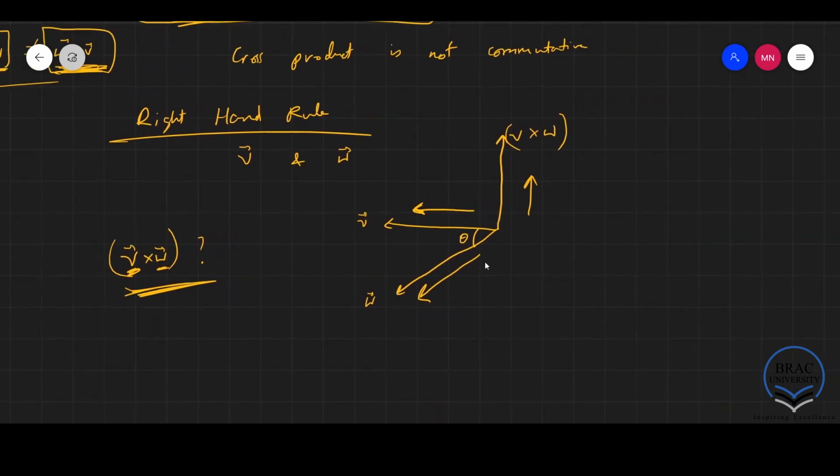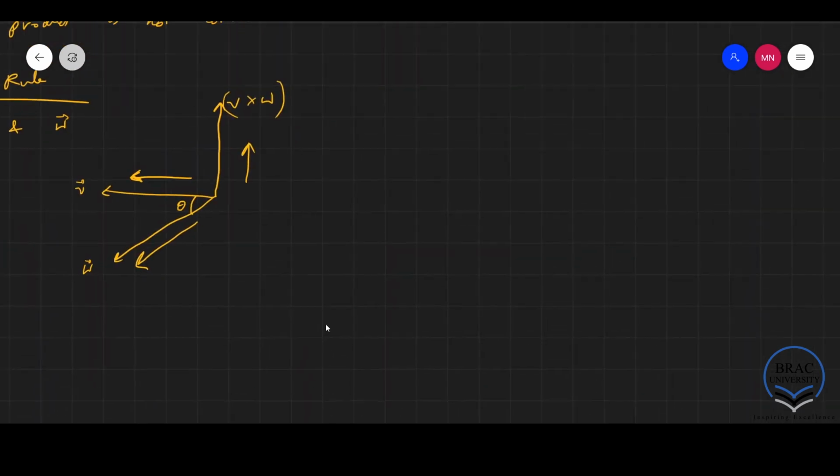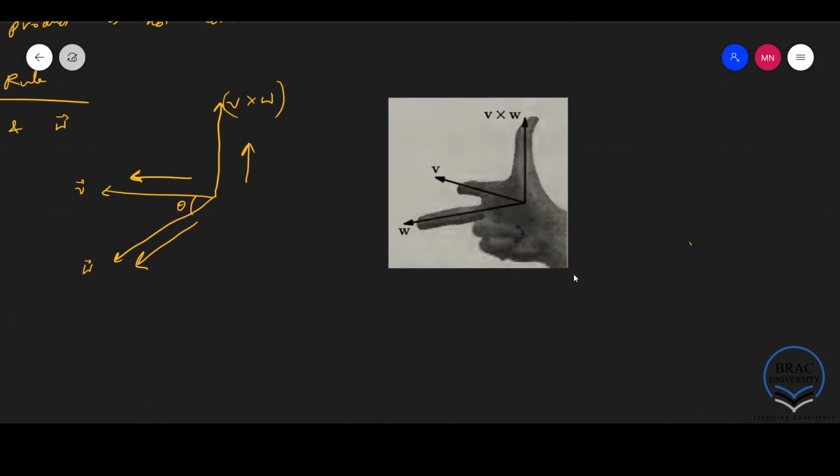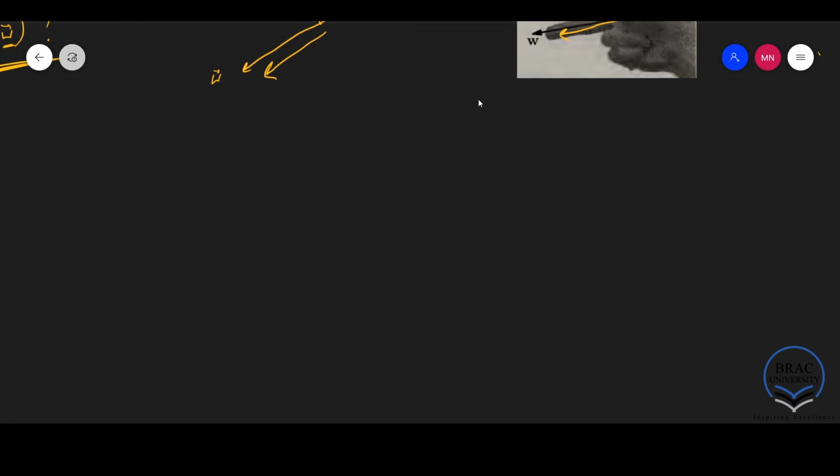And you can see this clearly from the following diagram. Here you can clearly see that we have the vector v, and our index finger is in this direction, our middle finger is in the direction of w, and our thumb is naturally extending upwards in the direction of v cross w, right? Similarly, if I have this vector to be v again and this vector to be w again, maybe we have some angle theta between them. If I now consider w cross v,